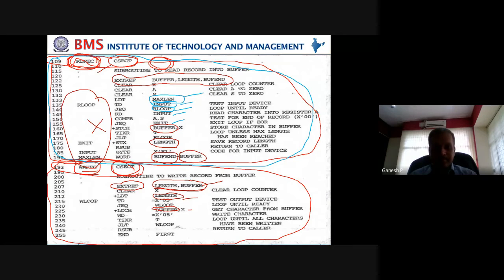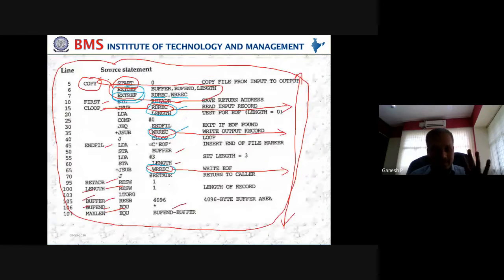Similarly, here we have nothing. Nothing has been defined here, so there is no EXTDEF here. There is a possibility that we could have taken max length as an external definition, but we cannot, simply because max length is no doubt available here, but it depends on two more entities which are external references. Already we have made them external references, so we cannot take them as an external definition again. So this is the concept behind the external definition.